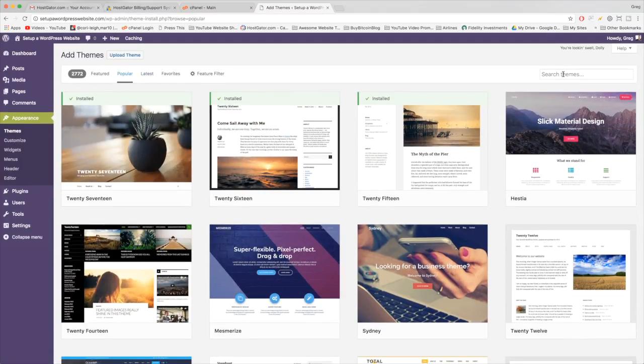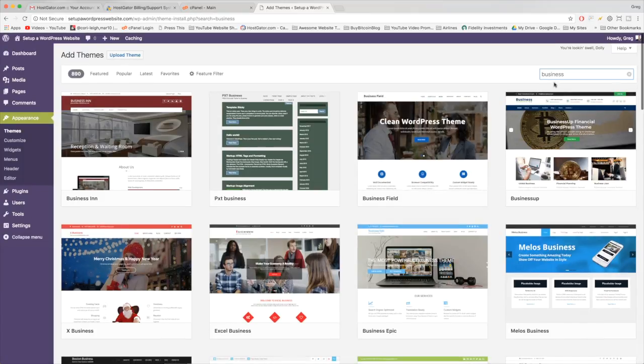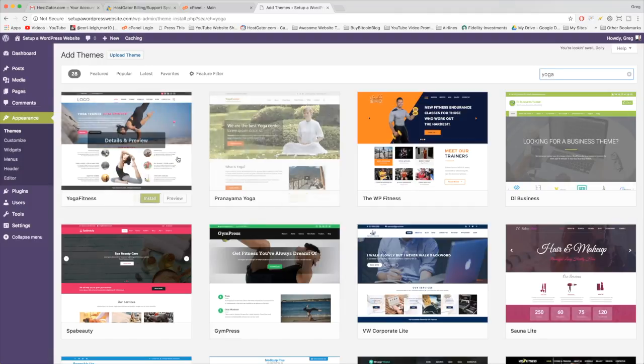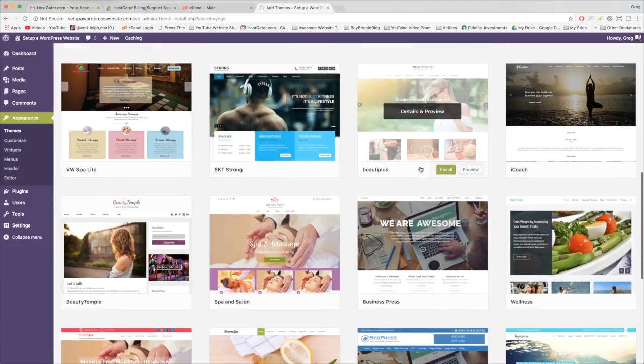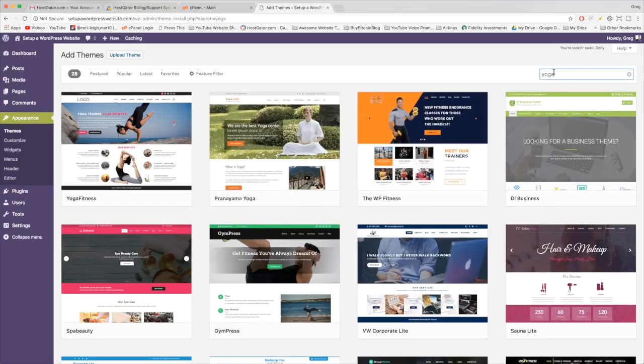So you can also just search for things like business. And people will definitely name themes accordingly. So you can get business themes or yoga. You can get really niche with your themes if you want. WordPress is humongous, guys. Alright, but in our case, I just want to get a really standard, good business theme